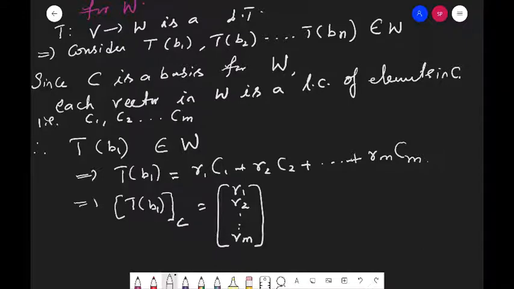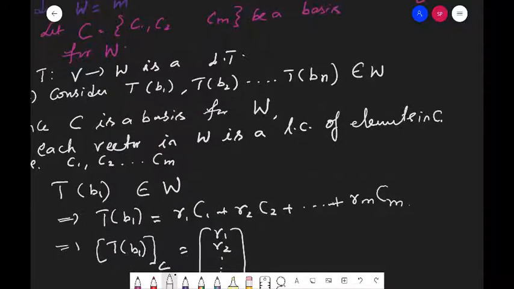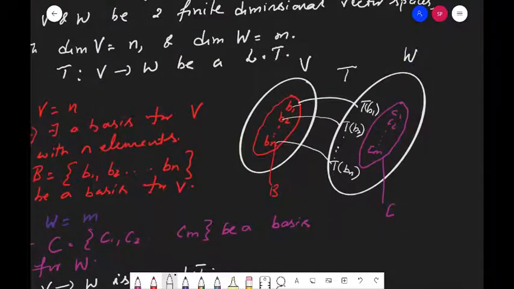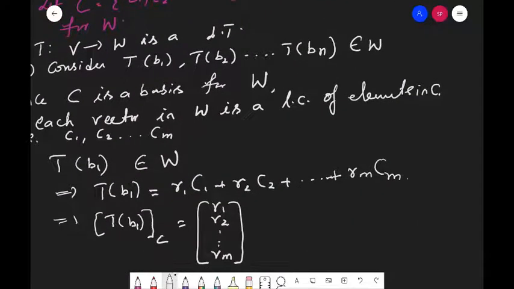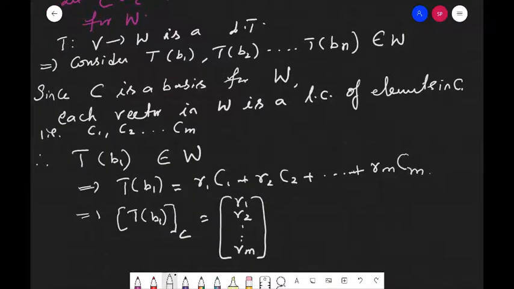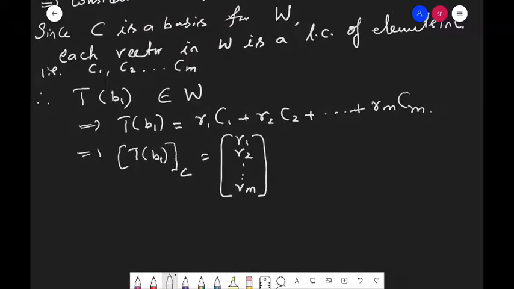So what did we do here? Since I have a basis here, this is a basis for W and these are vectors in W. So each T of B1 will be a linear combination of C1 to Cm. So I have written that T of B1 as a linear combination of basis vectors, and then if I write like that, then I will get the coordinate vector of T of B1 with respect to the basis C. This is the one. Similarly,